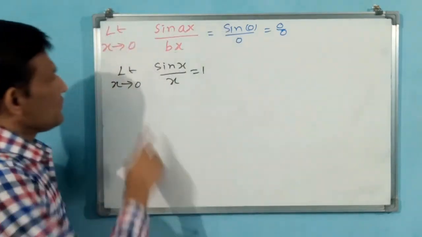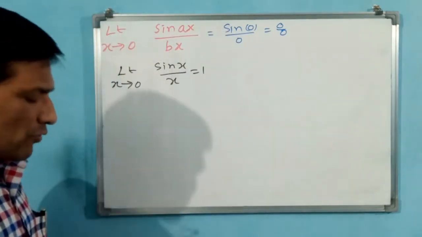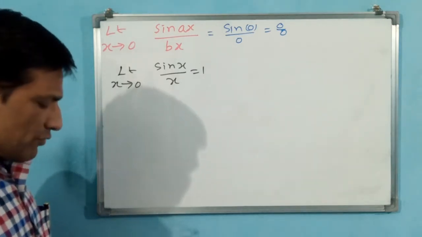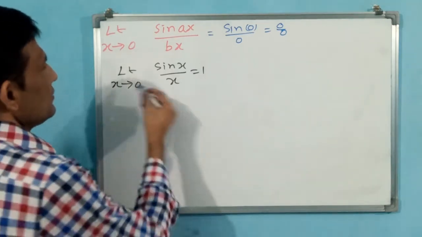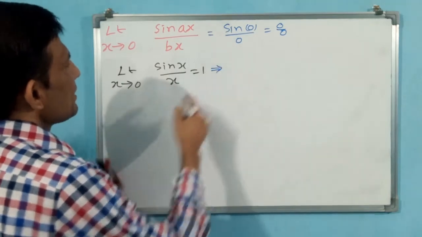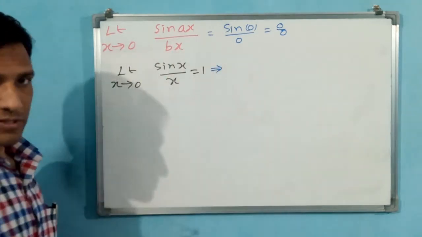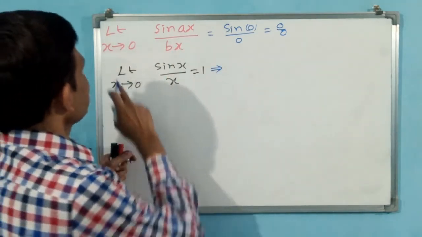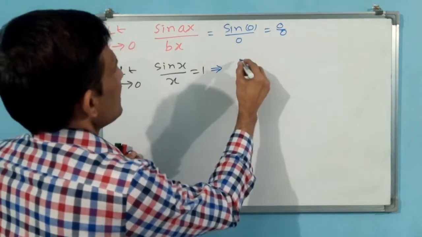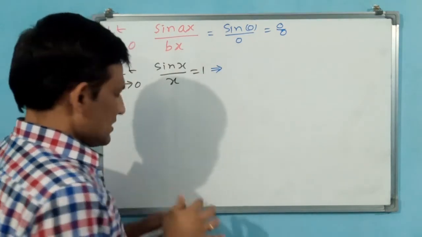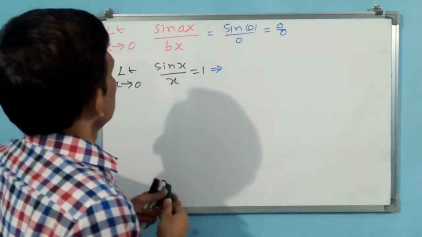See, this is the formula. In this formula, how can you change that? See, I am putting this implies, because this is not exactly equal. By seeing this, you have to change this. See how I am changing. Okay, ax is there now. Limit, how I am writing, simply observe.